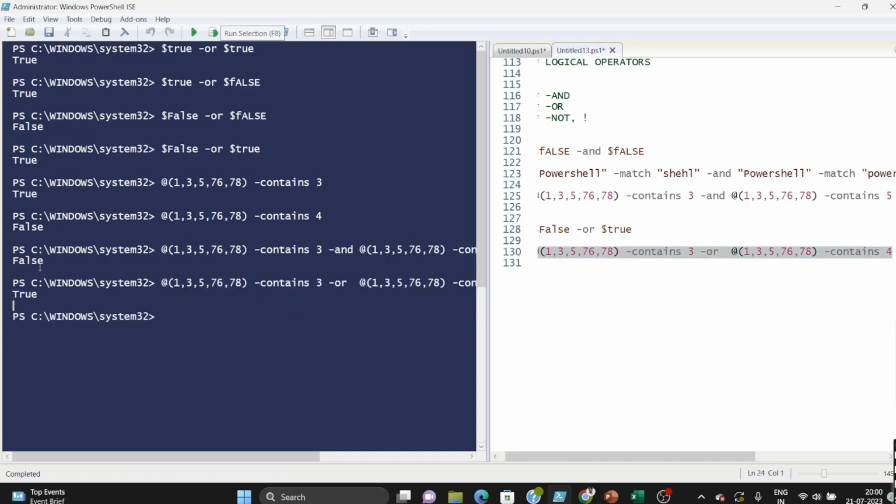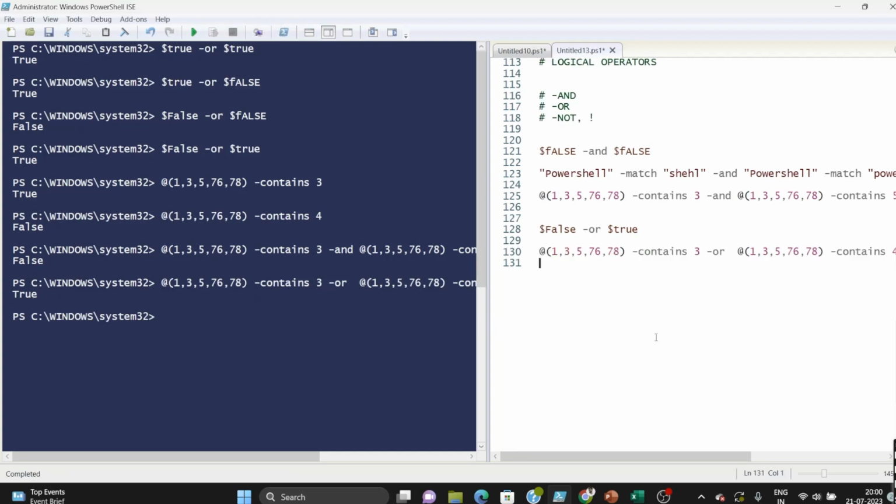Let's run. Now you can see it is returning true, right? So this is the case where you can use this or condition. And you also have the not condition. For example, you can use the not condition. How can you use it? For example,